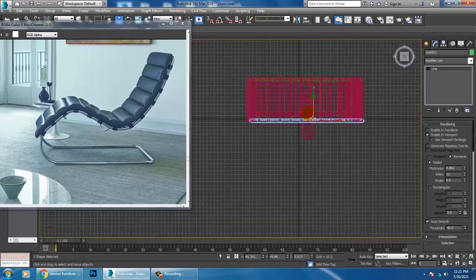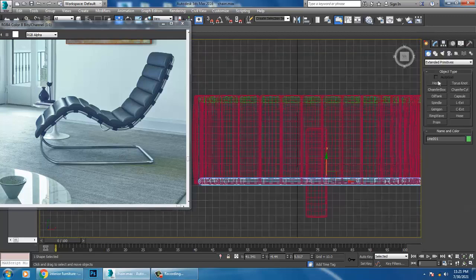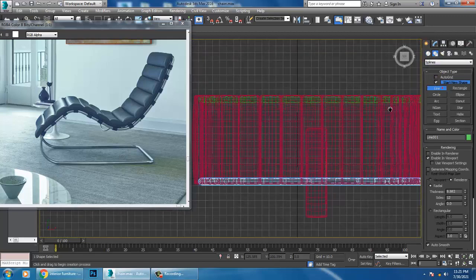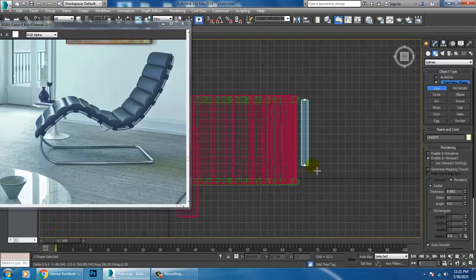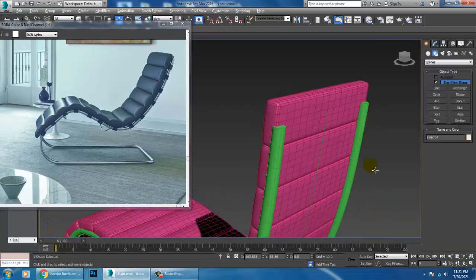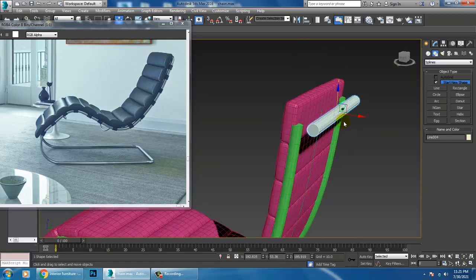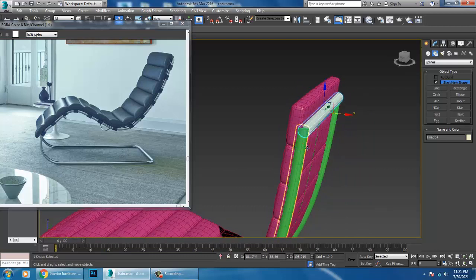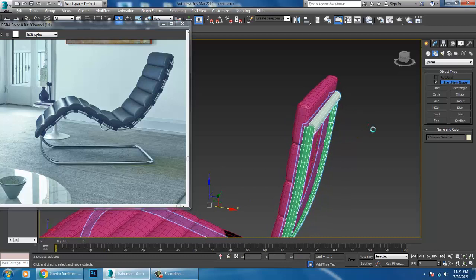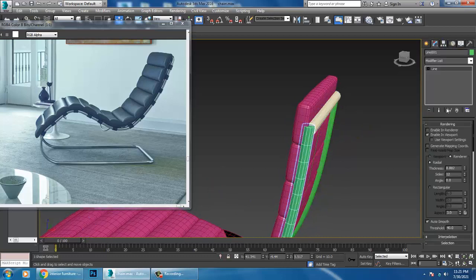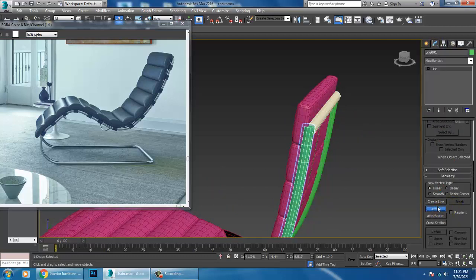I'll go to the top view over here and take a line. I'll slightly shuffle this over here. Select this and let's attach it.